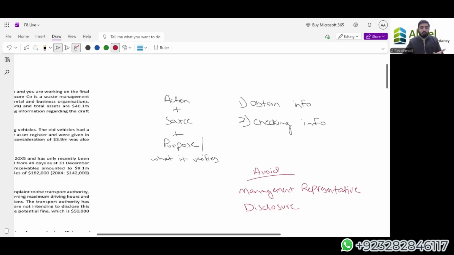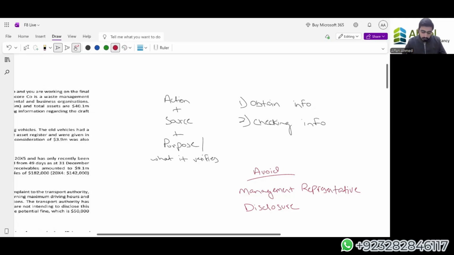First, try to show off your skills. Show them that you know what substantive procedures are, what the accounting treatments are, what we should do. First, tell them we know what to do. Then, secondly, go for the areas that are important in terms of IAS and IFRS and can be commonly used. So first go for specific points, then go for general points. The more specific you are in your answers, the better it is for your answer drafting.